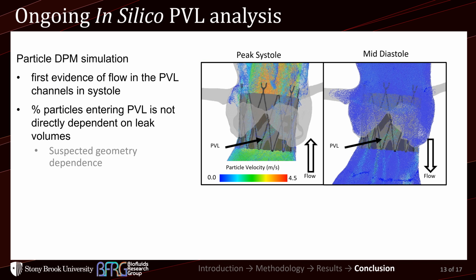So with the particle seeding, we can first see the first evidence shown that there are particles that enter the PVL gaps during systole. It's a far lower gradient during systole, anywhere from 10 millimeters of mercury up to 40 millimeters of mercury in my models. And it's a shorter duration, so the likelihood of platelets entering that domain is less. But with this model, we can see that there is still a likelihood. And then we can see actual realization of the particles flowing through, washing back into the ventricle, and then reincorporating